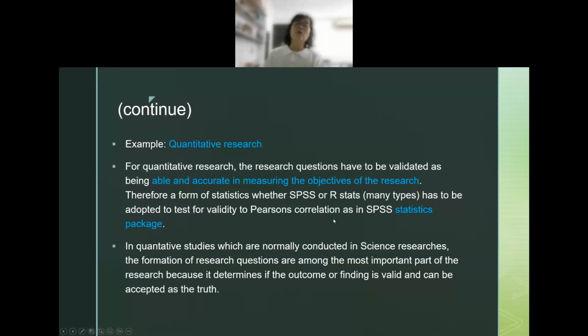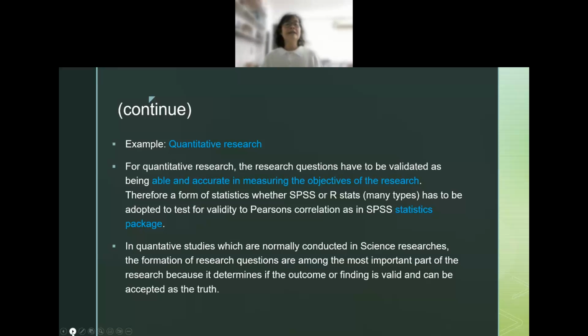You also have to test for Pearson's correlation to see whether your questionnaire measures what you want. Quantitative studies are normally conducted by science researchers. Science researchers all use quanti, either quantitative mixed with quali, but never without quanti. Only the arts people do quali only.